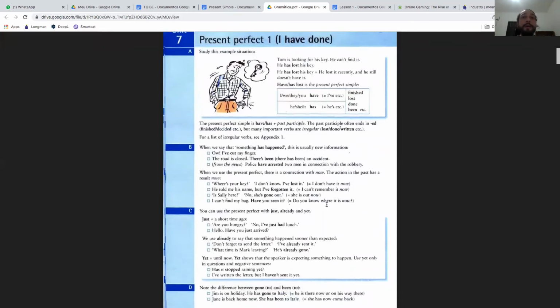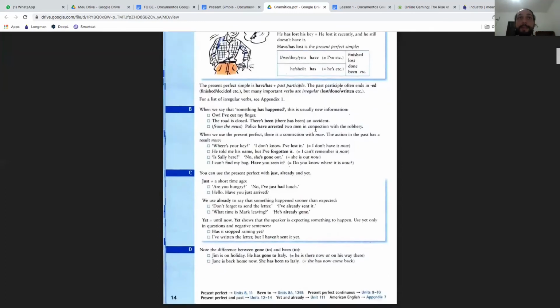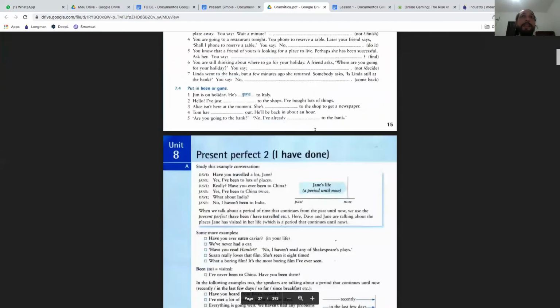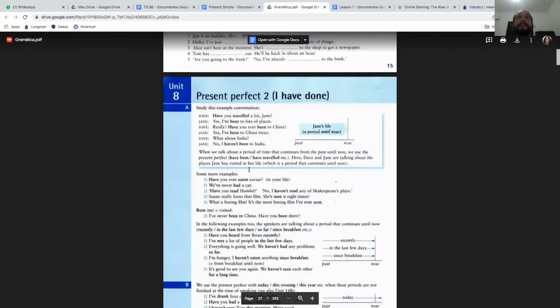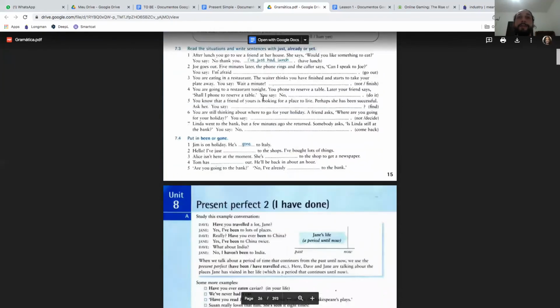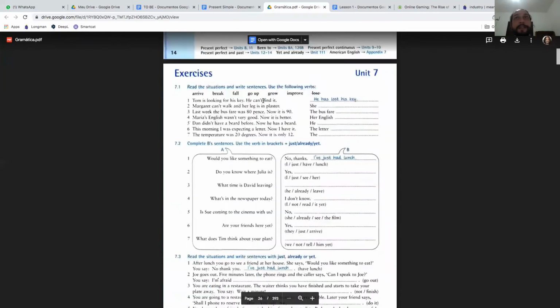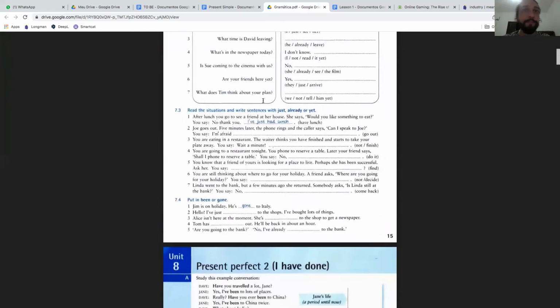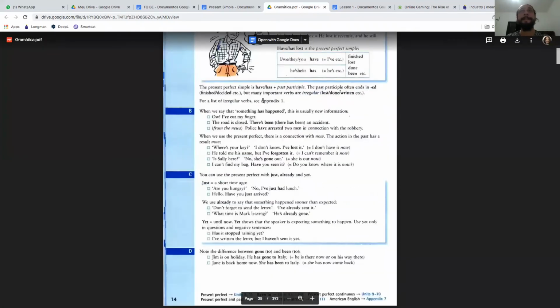So here you have a lot of information on what the present perfect is and how you can use it to talk about actions and unfinished times. You can have a look at unit 8 if you want, okay? It has more perspective on the time expressions that we can use, and the situations where you can use the present perfect, and you have exercises to do here, okay? So take your time, study, do the exercises, and after that, you will have a better understanding of these things in the text.